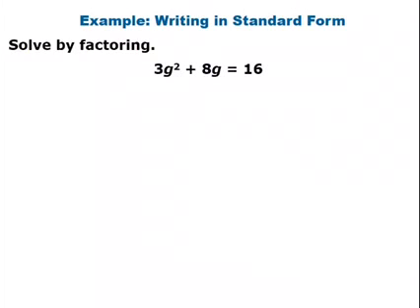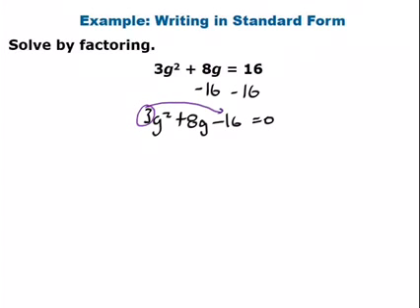All right, last example, same idea. We need to get the quadratic set equal to 0. So I'm going to move the 16 by subtracting it. I've got 3g squared plus 8g minus 16 equals 0. We have a leading coefficient greater than 1, so we're going to use slide divide here. So we take the 3 and we slide it back. And so that changes our equation into g squared plus 8g minus 48